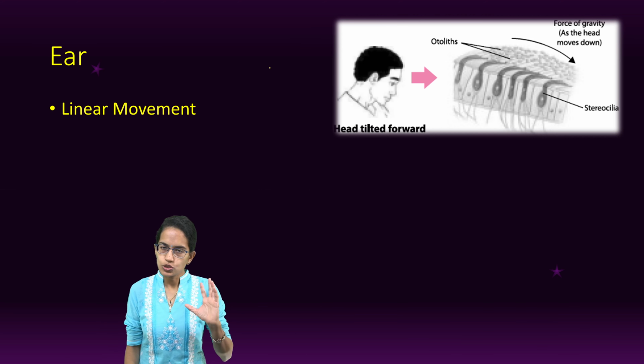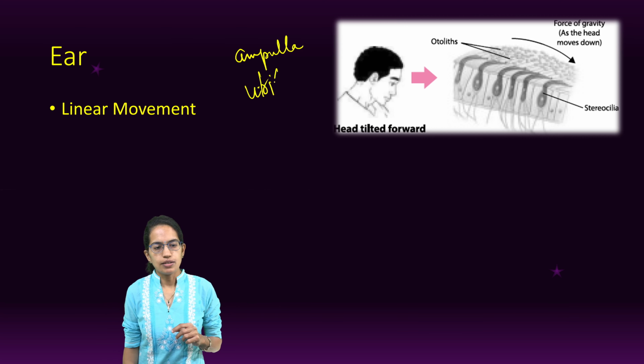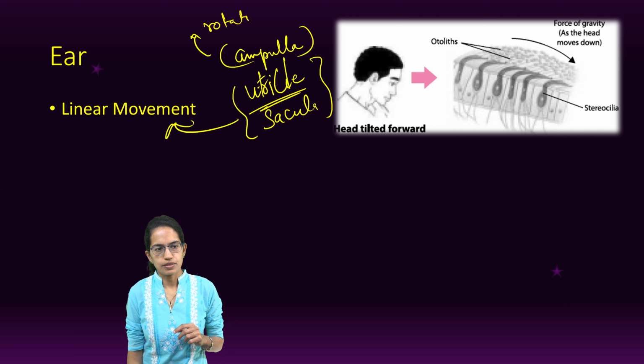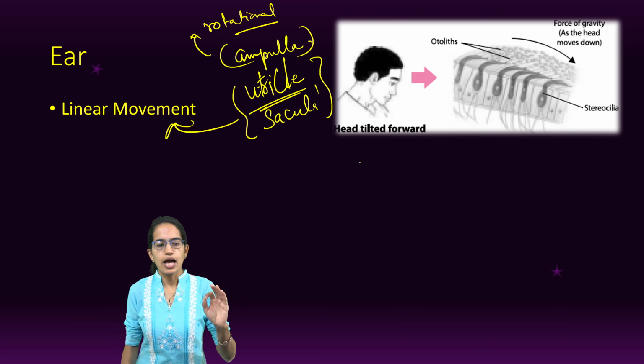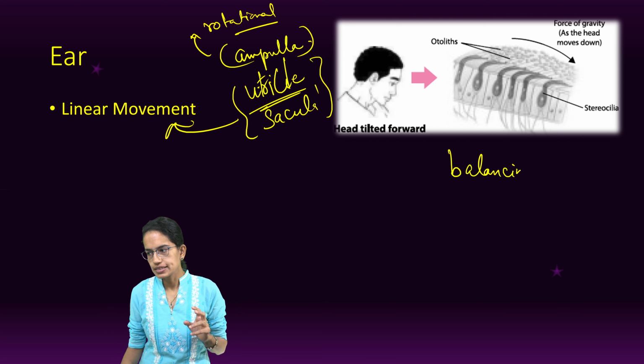Now as we understood, the inner ear has important structures, ampulla and utricle. Now utricle and saccule, both of them govern the linear movement. Ampulla governs the rotational movement. And all of these are present in the inner ear. Now, utricle and saccule, they are part of the balancing systems and they detect the linear motion, or I can